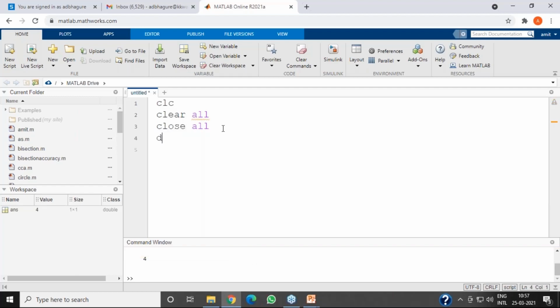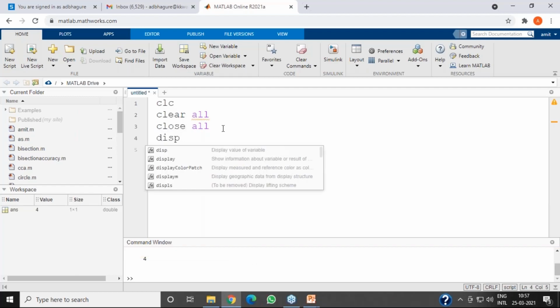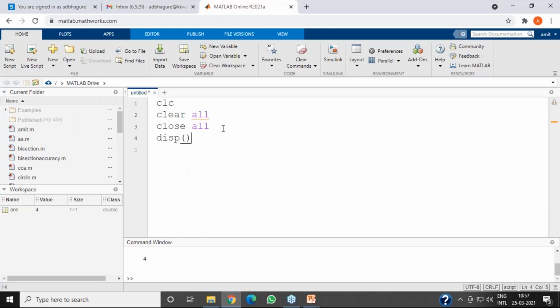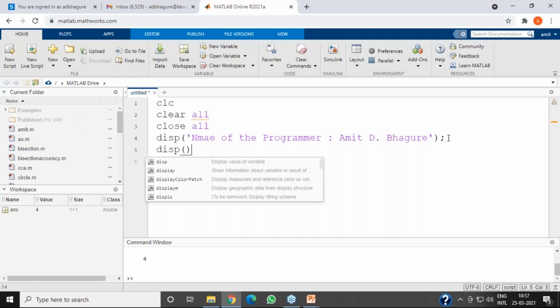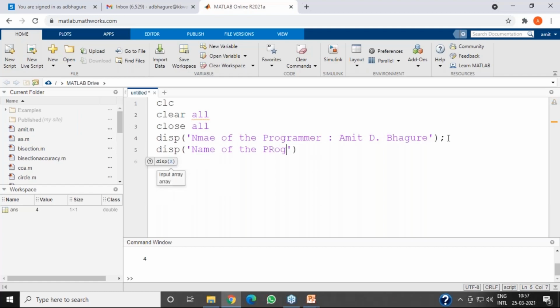I can write my name first of all. So I can use the command disp, opening bracket, closing bracket, then in single inverted comma, I can write my name. If you make any spelling mistake in this bracket, it doesn't matter. Then again I can write disp, opening bracket, closing bracket, with the name of the program.